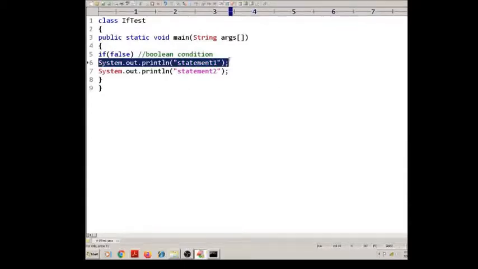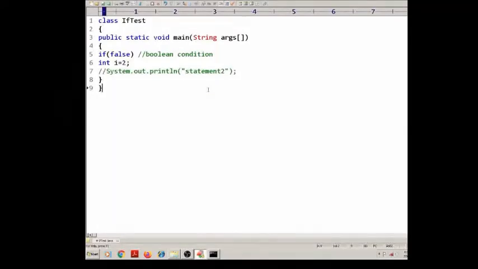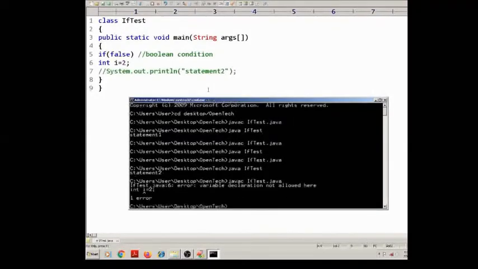I want to remove this statement and write int i equals 2. Okay, Vivek. So first I am going to save and then compile. Yes, compilation error.